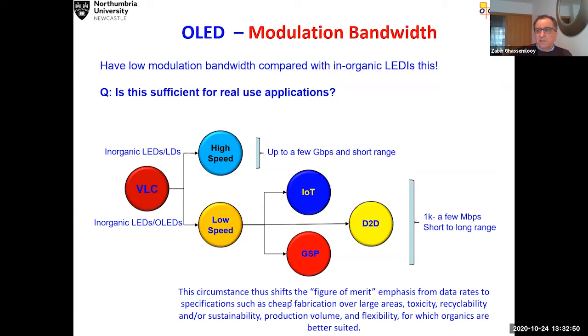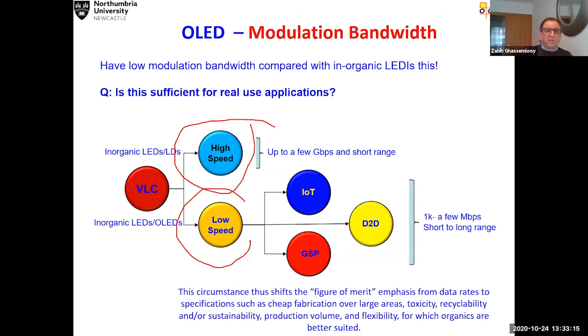Communication doesn't always mean transmitting at hundreds of megabits or tens of gigabits. No. Communication is like the RF spectrum, it's a range. Depending on what you want to do, you design your system. So communication could be defined as high speed, which is here, anything up to a few gigabits per second, and low speed could be from a couple of hundreds of hertz into lower megahertz. And that's perfectly okay. We are not interested in this at this stage. We are interested in this.